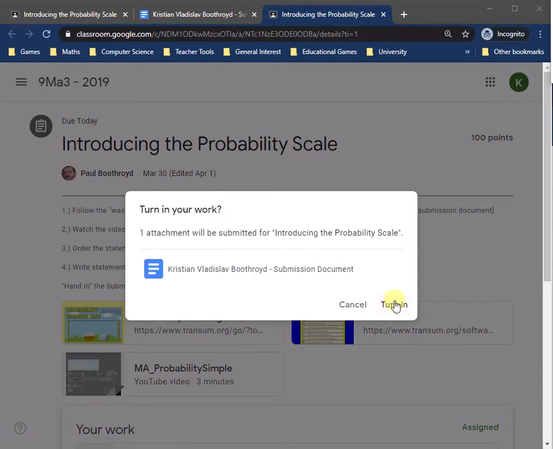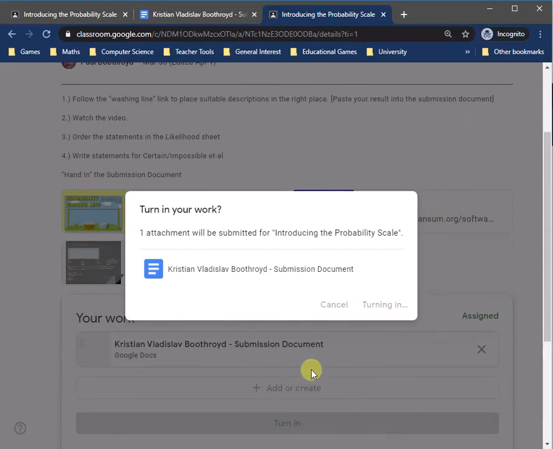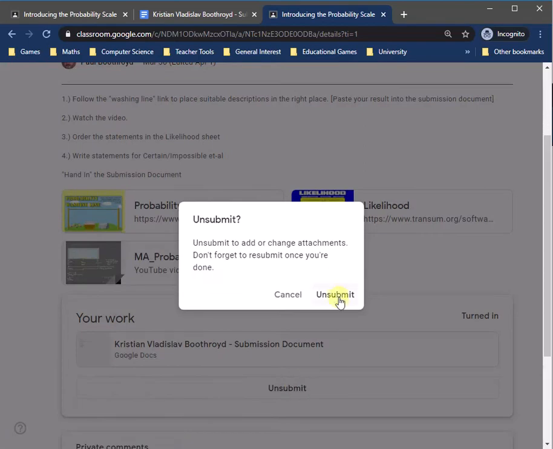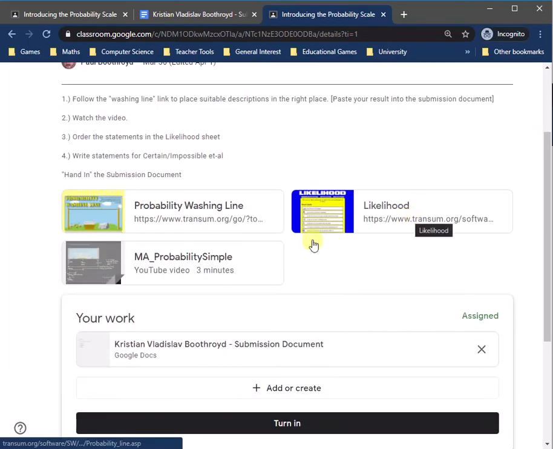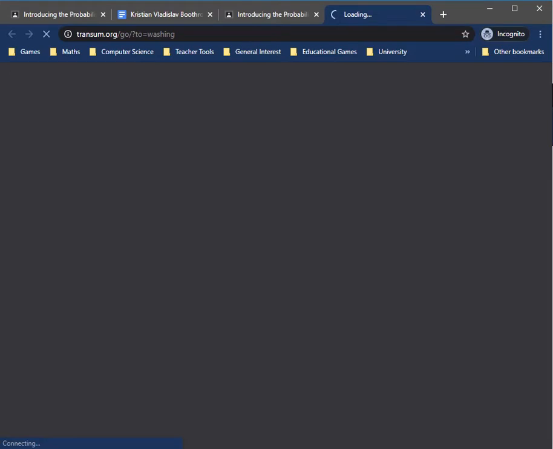Now, if you turn it in, you may have to request, so you can add more details to it. Because I want to actually put another document to it, I can click the unsubmit button, and that will mean that it's not there for me to mark. And say I want to put in a screenshot here. So I go off and do my document, do my activity,